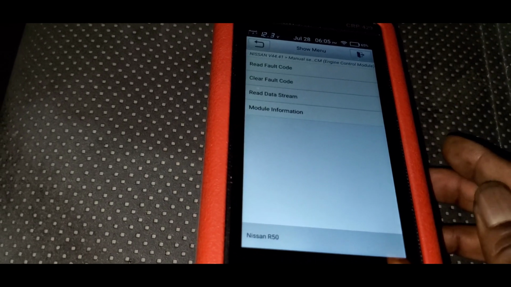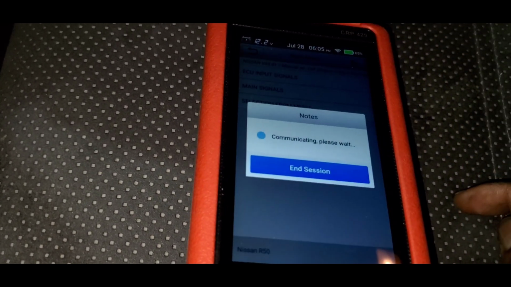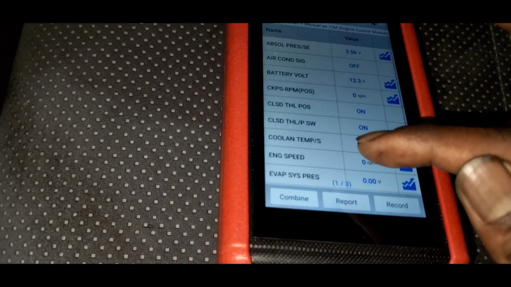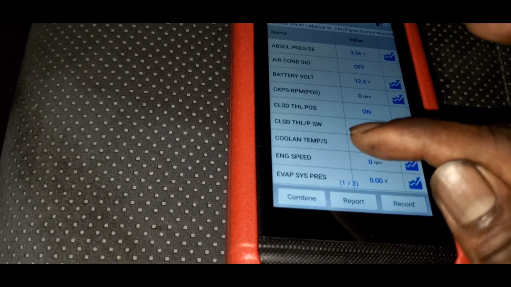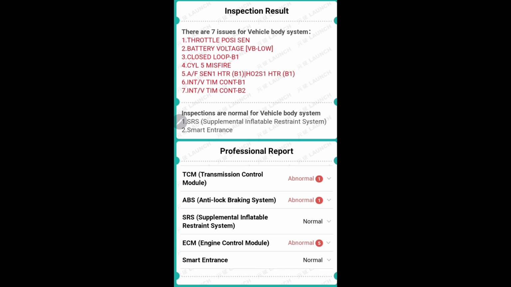All right, so we're gonna read data stream and ECU input signals. All right, so what we're gonna be looking for is the evap system. Here it is. All right, guys, so I just wanted to give you a few visual examples of how owning